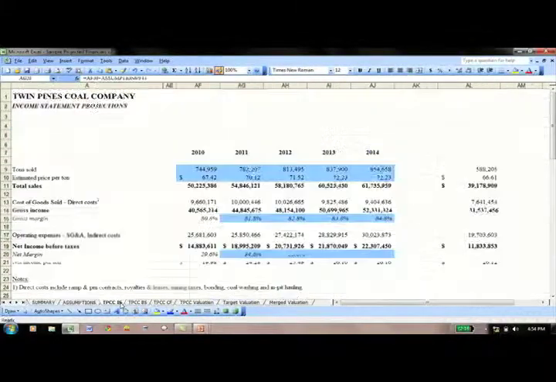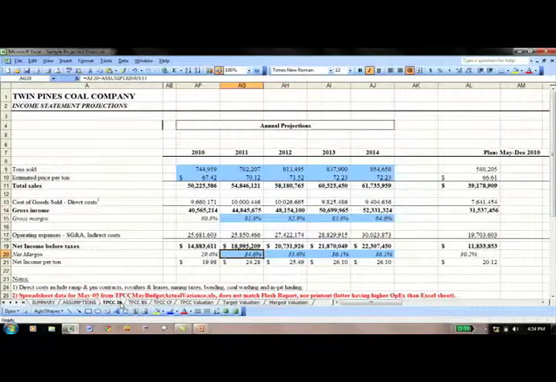Now, going back to our income statement projections, what you'll see here is that we have the assumptions in blue for the net margin, and then using that assumption, we multiply the total sales by the net margin to get the net income before taxes, and then we just back plug the operating expenses. So this is a completely okay approach on projecting your income statement. And then once we've got the net income before taxes, we basically divide that by the number of tons sold to get the net income per ton. And so what we'll do is we'll